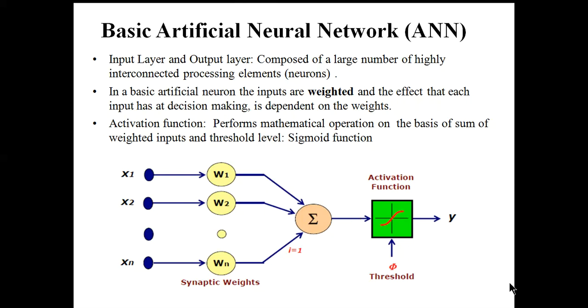Here you can see that x1, x2, xn are the input layer, and y, which we call the output layer. The inputs are followed by w1, w2, wn, which we call synaptic weights, and they have a great impact on the output. Similar to the MP neural model, there is a threshold accumulator where all the weighted inputs are accumulated, and again it goes through a threshold activation function.